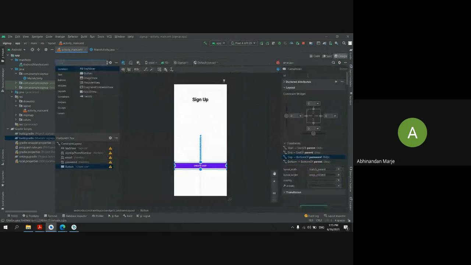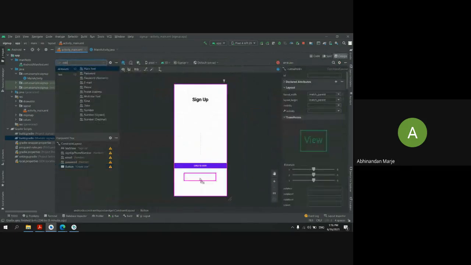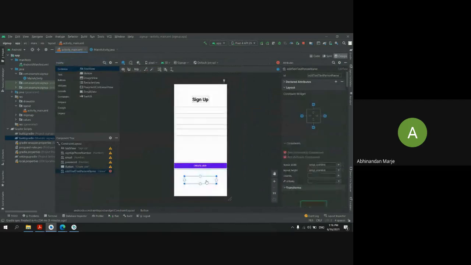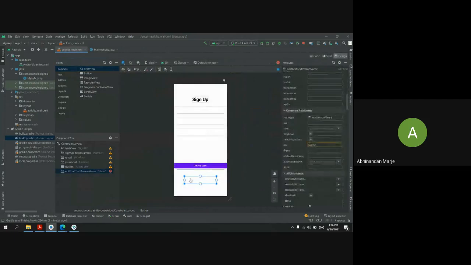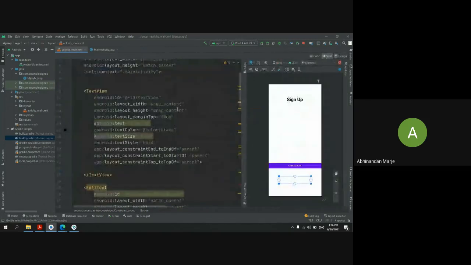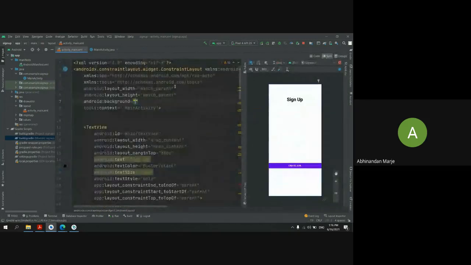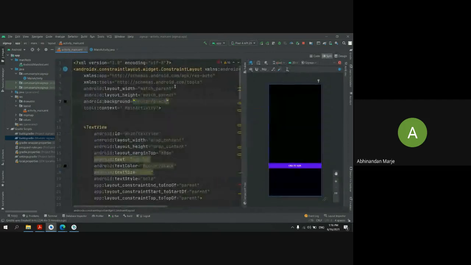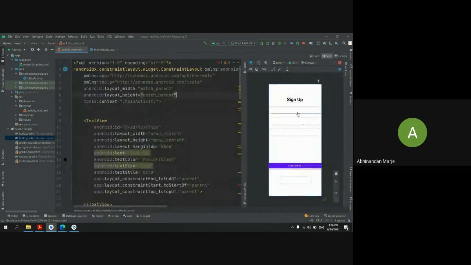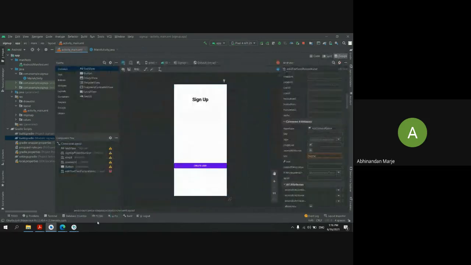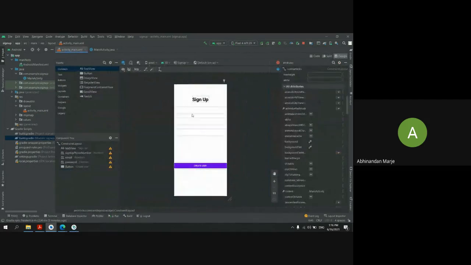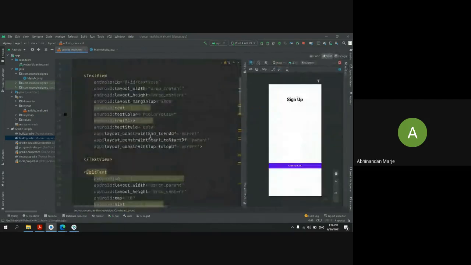Let me add it from here. This is strange. Oh, it is not working.